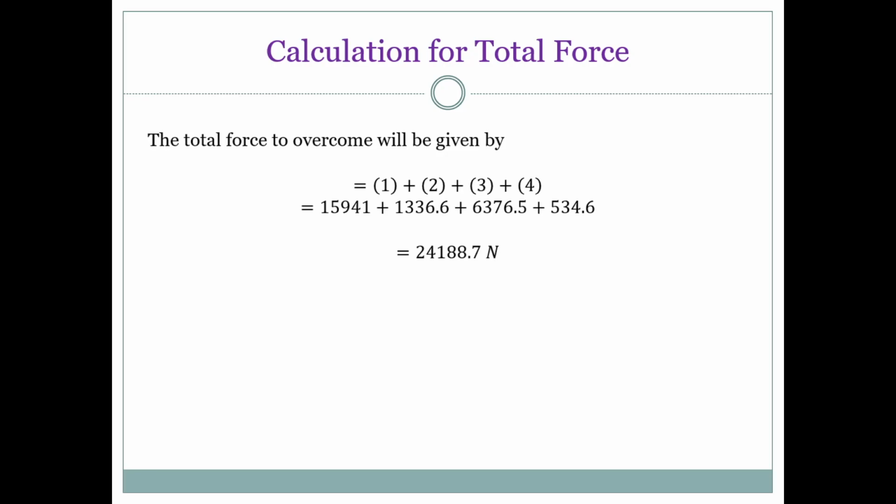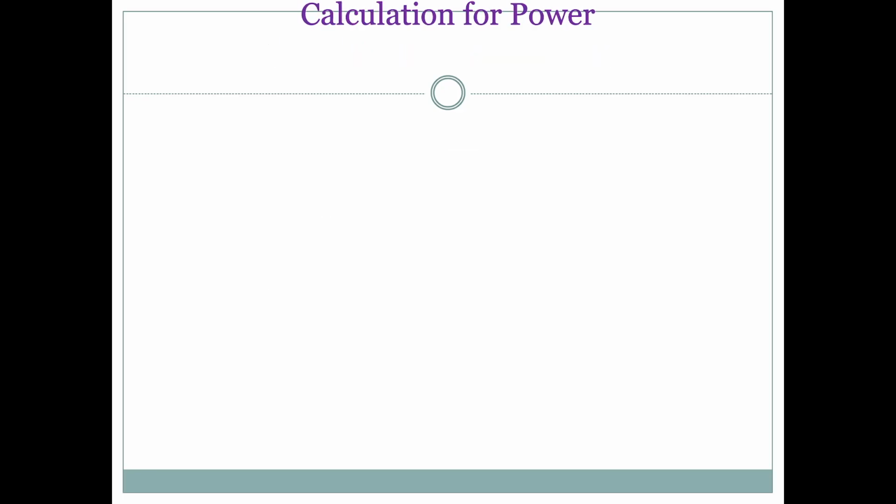Okay, so the rope speed is given to us as 12 kilometers per hour. We need to convert that into meters per second. So kilometers per hour can be converted into meters per second by multiplying it with 5 by 18. So we have done the same thing. So 12 multiplied by 5 by 18, we get a numerical value of 3.33 meters per second. But why do we need rope speed? Okay, so that answer you get in the next slide.